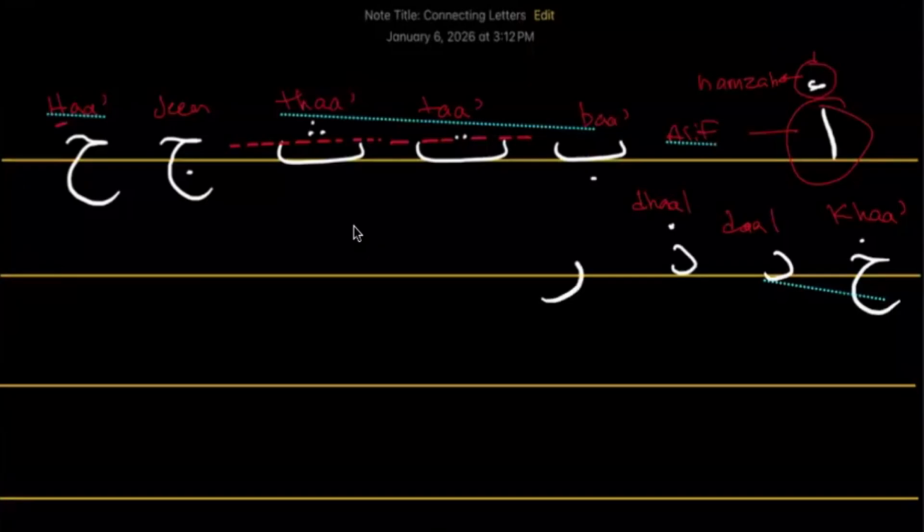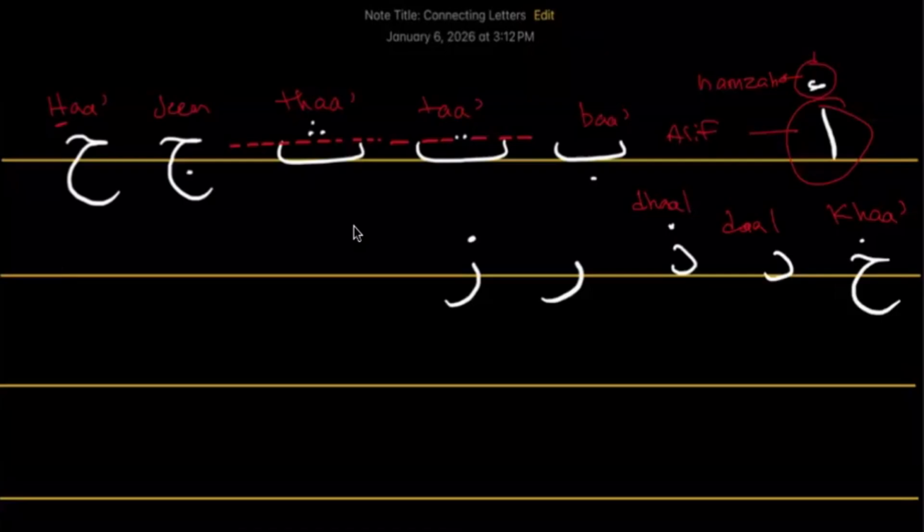Ra, zay. Notice the difference between dal and thal and ra and zay. Some people mix them up, especially if there isn't a line to help you get your perspective for the letter. You need to understand the letter's relation to the line so that even if there isn't a line there, you can understand what you are seeing or how it's supposed to be. For example, in English,